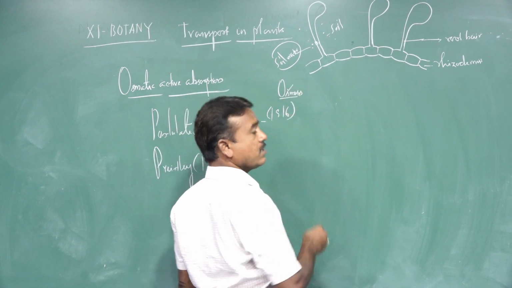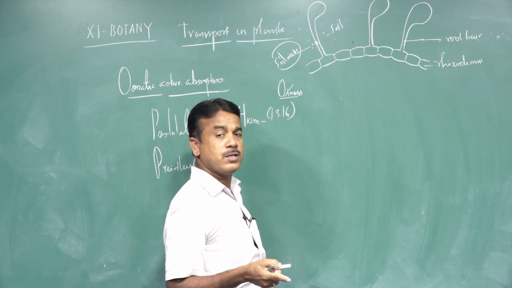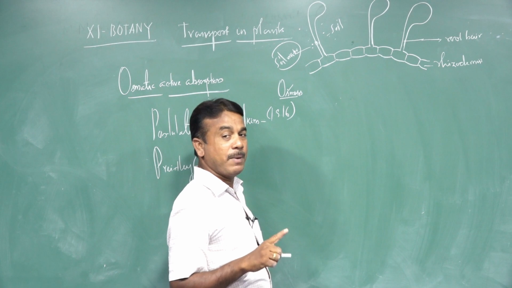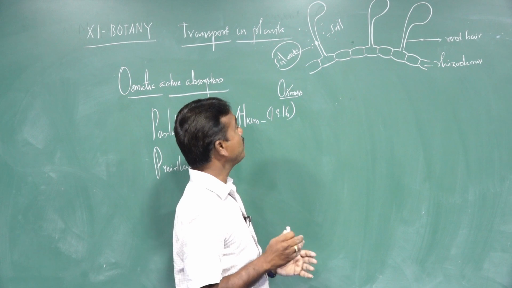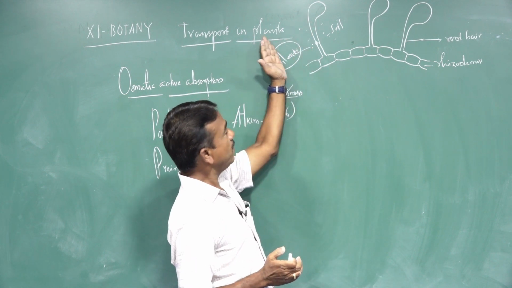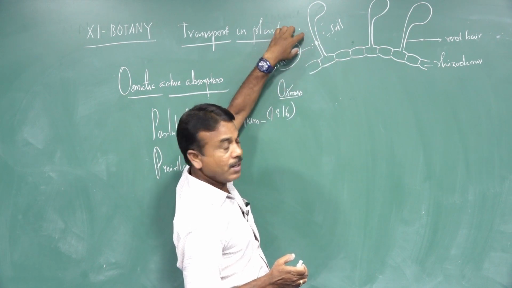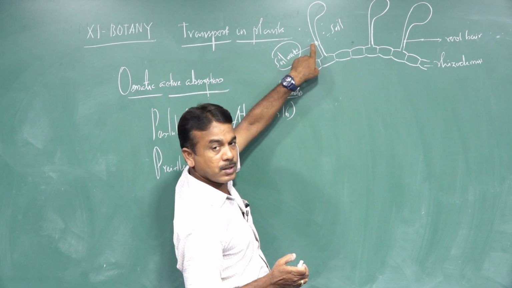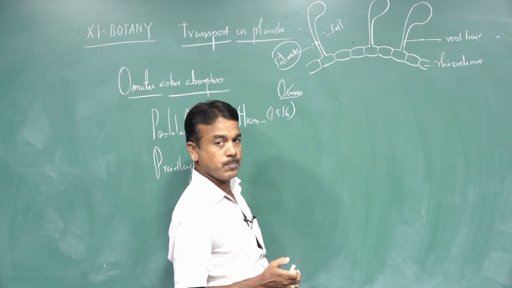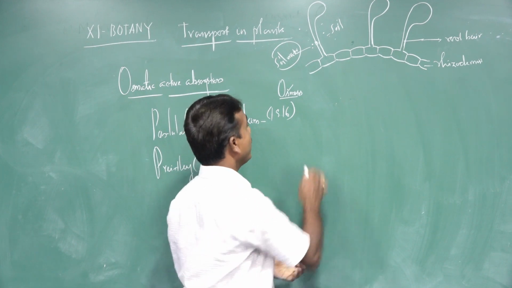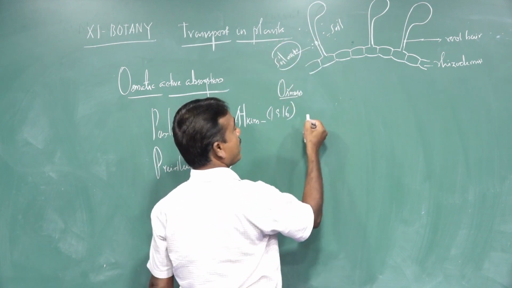After being imbibed by the root hair cell, the process that follows is commonly called osmosis. So what is osmosis? It is the movement of molecules from higher concentration to lower concentration through a semi-permeable membrane. That is the only difference in osmosis. The outer surface of the root hair cell contains a number of water molecules, which are imbibed by the root hair cells and enter the inner part of the root.